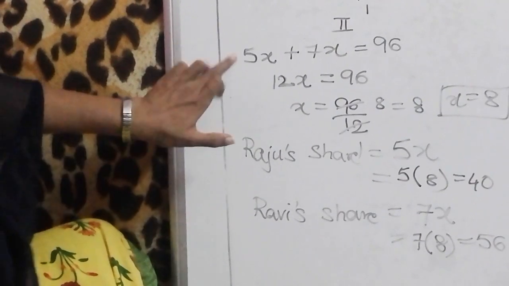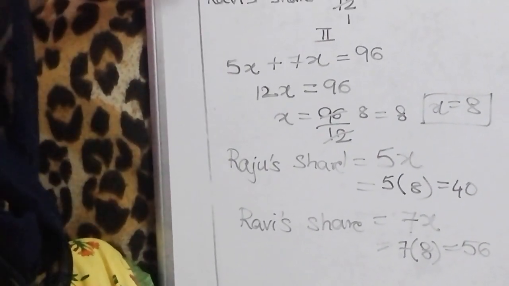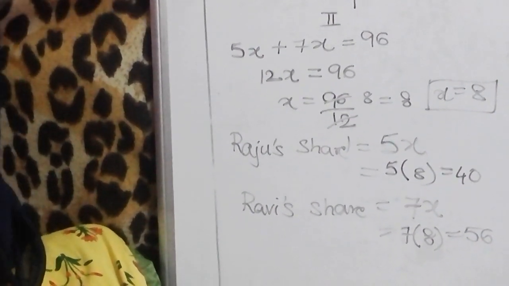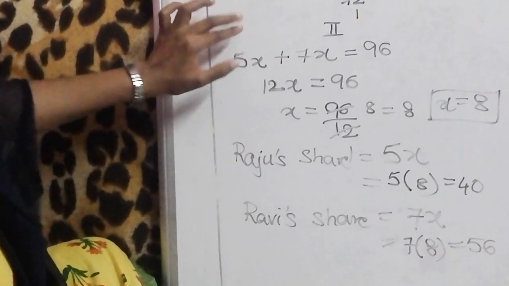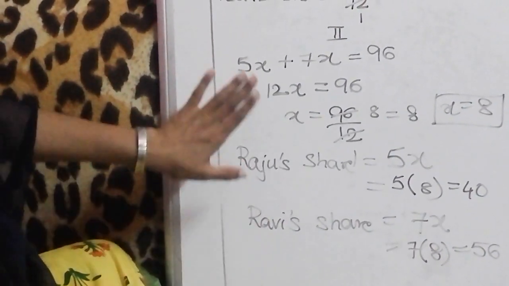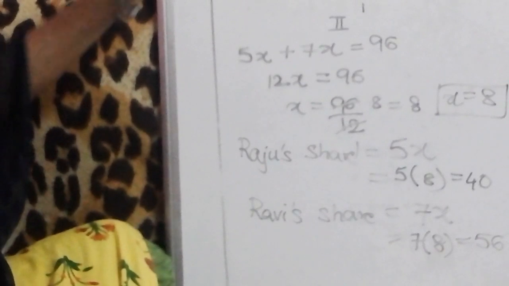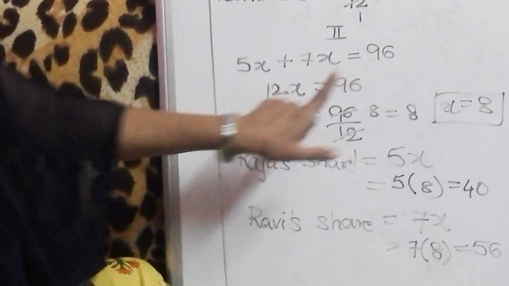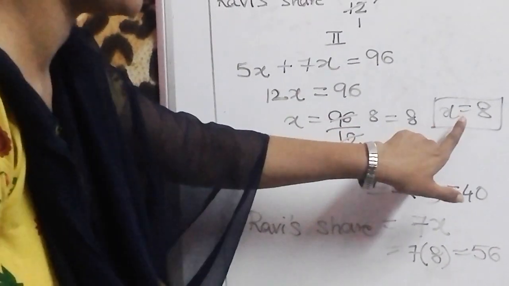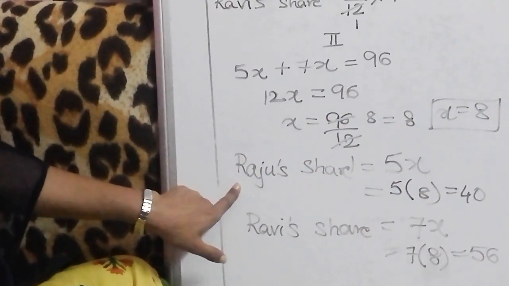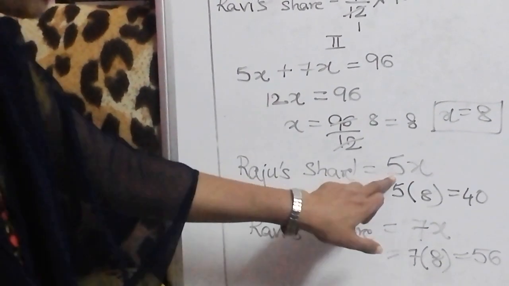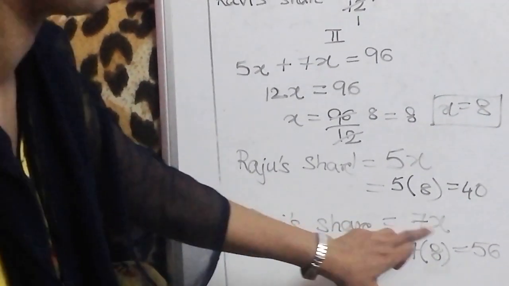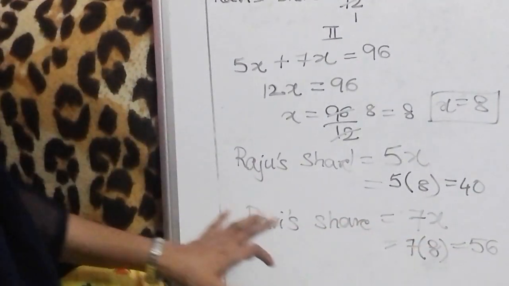Okay, same way. Here I have not written the first two steps, as they are common for this part also. Total number of chocolates is 96. Ratio between Raju and Ravi is the same. And then you have to solve this. How did we do? We know that the ratio, these two if you add, it is equal to 96. 5x plus 7x is equal to 96. So we have added and found out the value of x. Then we have substituted the value for each of them. Raju's share is 5x, so we took it as 5 into 8, which is equal to 40. Ravi's share we took as 7x. So 7 into 8 is 56.